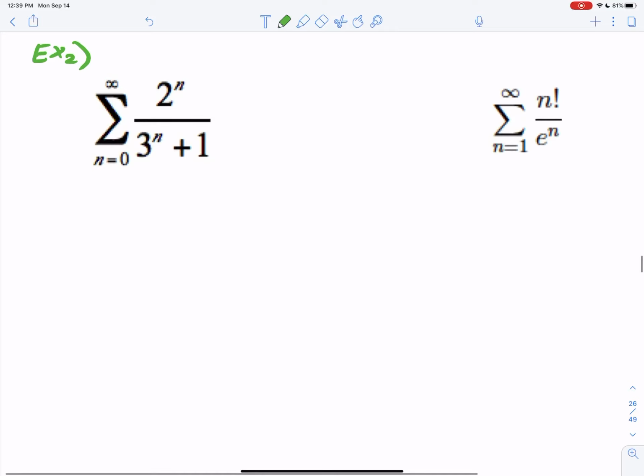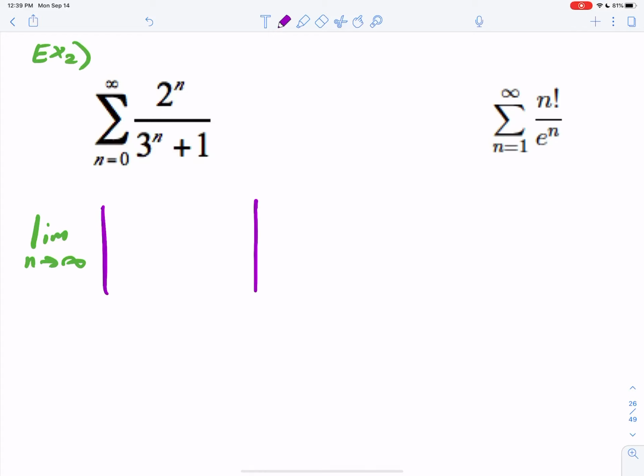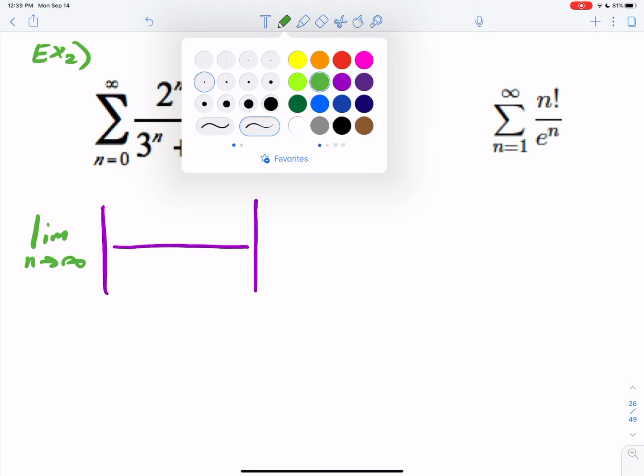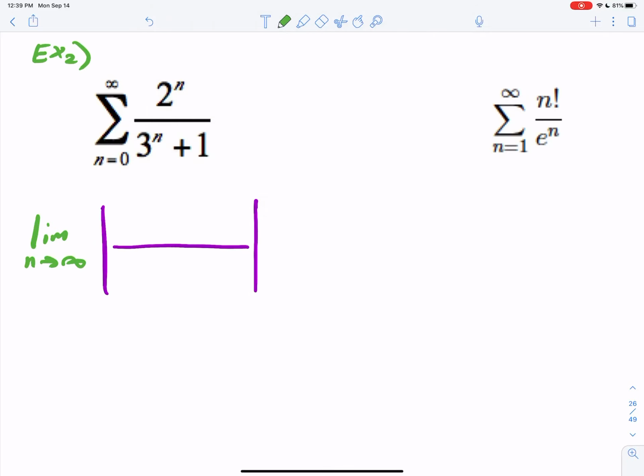So here's what you do. You take the limit as n goes to infinity, all right? And I'm going to tell you guys right now, this is the number one part that people forget. We're going to take the absolute value, okay? Don't forget that. A lot of people forget the absolute value of your a sub n is basically what you started with. That's going to go at the very bottom. 2 to the n over 3 to the n plus 1. It goes undisturbed,